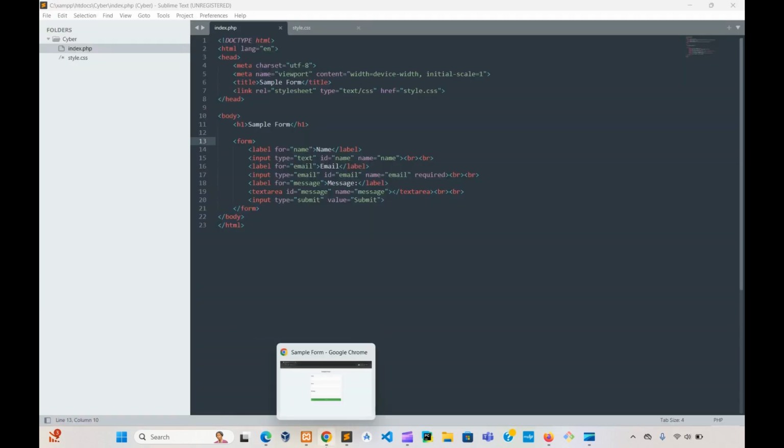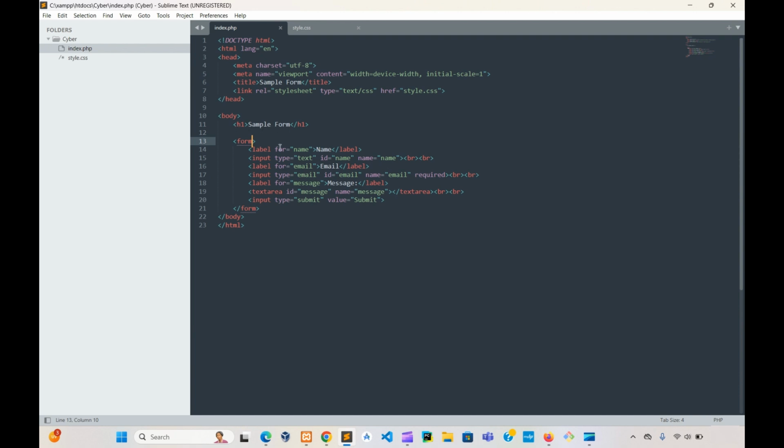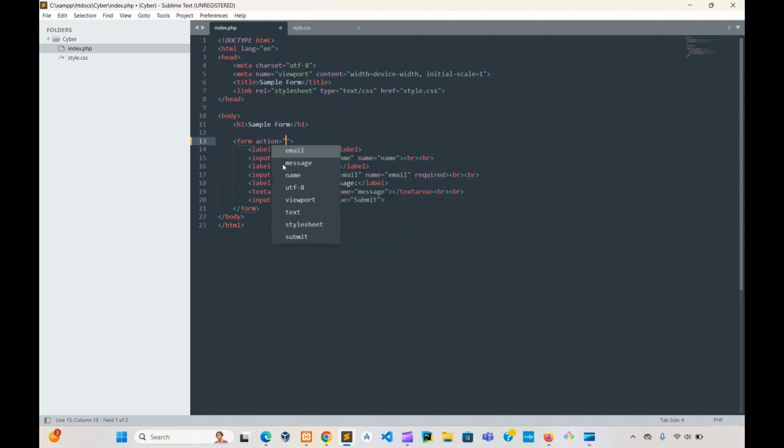All right, and as you can see here, I have the form ready. If you're a little bit confused, you can go back to our previous videos to see how to make that form as well. So to get started, in our form we'll have to add the handler. To do so, we are going to create an action, and into that action we are going to create a name, like you can call it handler.php,